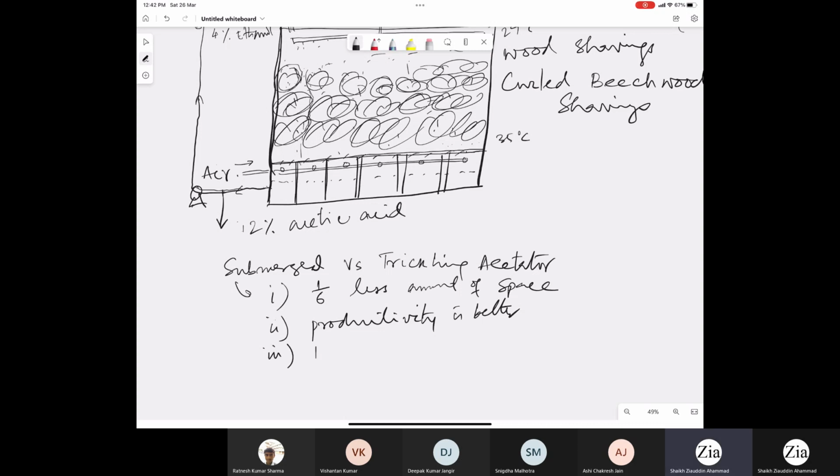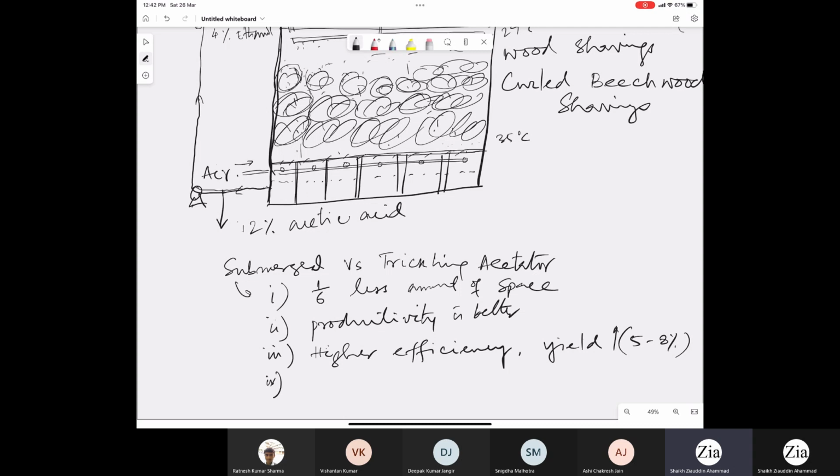You get higher efficiency, and also the yield will be higher by almost 5 to 8%. And another advantage is the reactor design, because here in the trickling filter, if you need to go for production of, say, in industry,